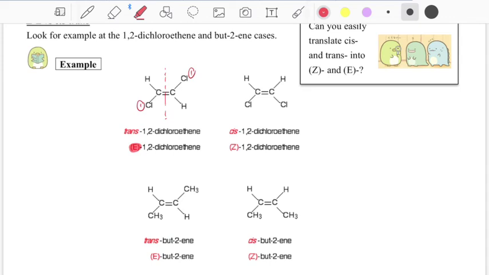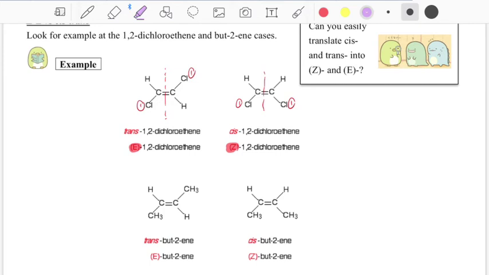And for the second molecule, chlorine has higher priority. So here, the two priority atoms are on the same side of the double bond. Hence, we call it Z-1,2-dichloroethane. Then if we use the cis and trans rules to assign these two molecules,